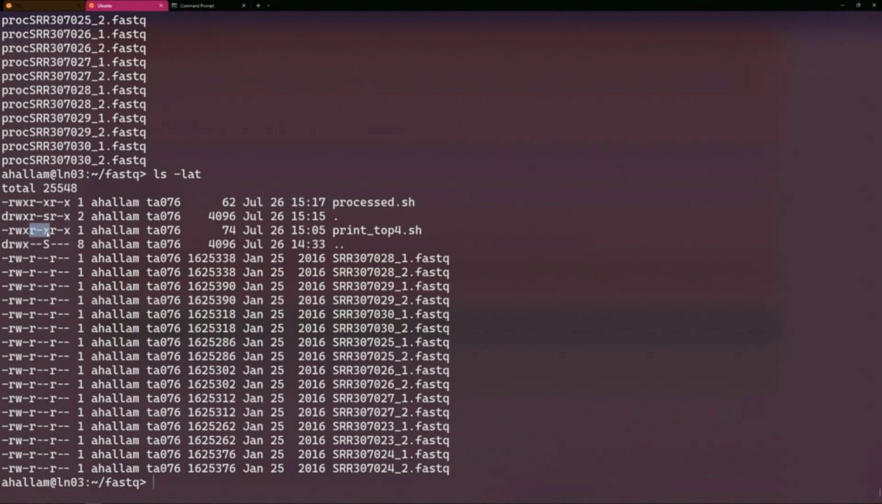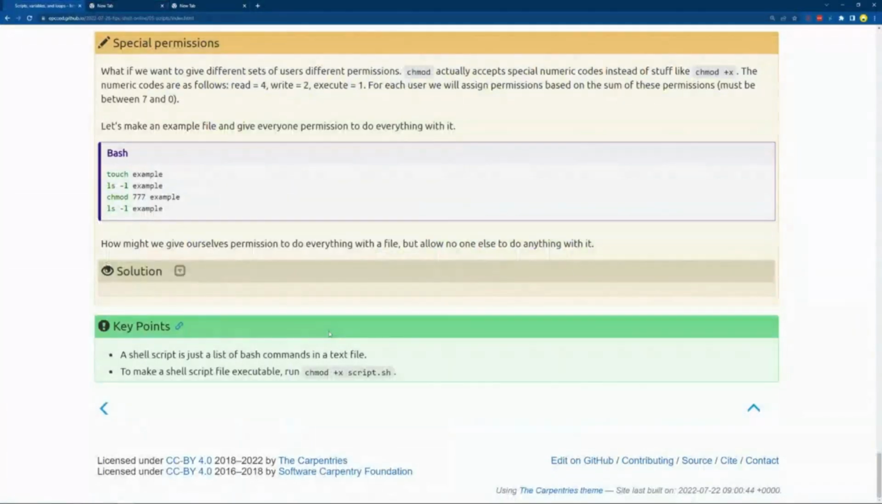So that's going to be 4 plus 1, so this is 5. So we've got a 7 followed by 5. And then for everyone else, it's the same. They're also read and execute, so another 5. So this will be 7, 5, 5. Okay, so hopefully that's relatively clear. You'll find that these numbers have been chosen in a way that creates unique values for any of the combinations. So there's 7 different combinations because there's 3 values. And from that,